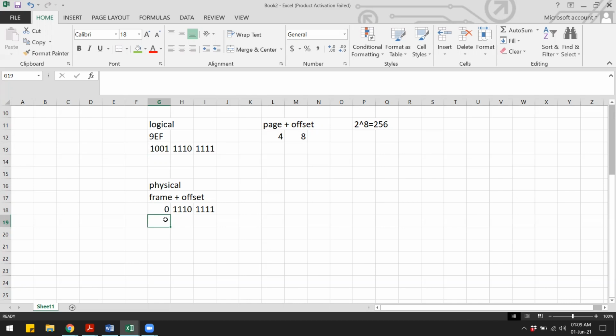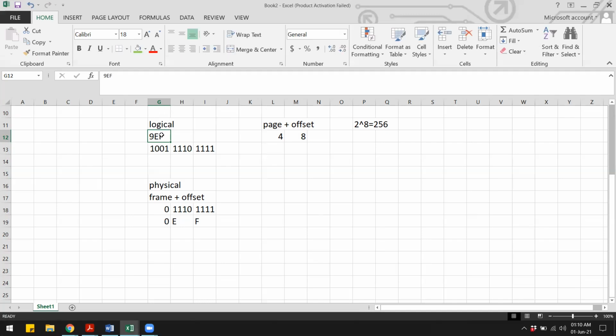So when we convert this back to hexadecimal, we will get 0, E, and F. Now you will notice that the last two letters from the logical address remain the same in the physical address. That is because the virtual address over here is made up of 12 bits and each letter in the logical address is 4 bits. So if we convert the 8 bits from here to binary and then convert that back to hexadecimal, we will get the same numbers again.